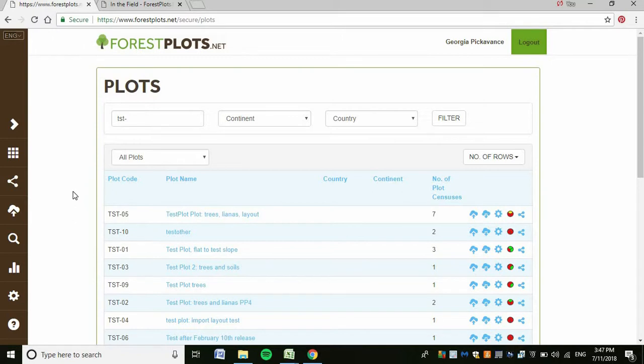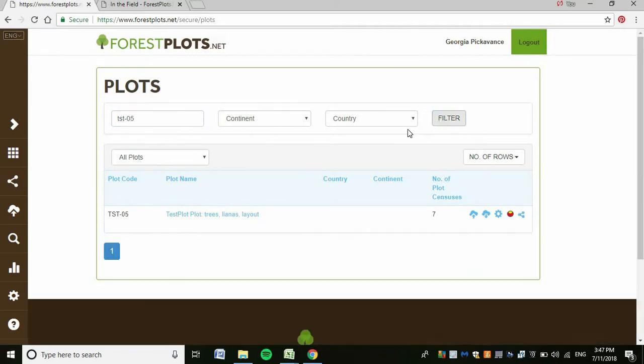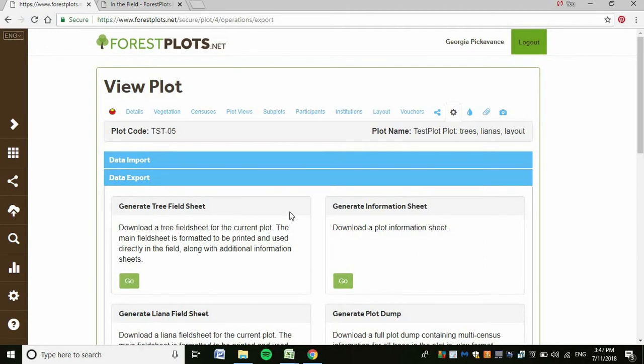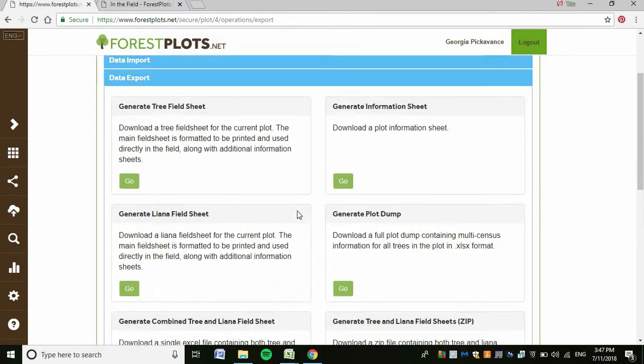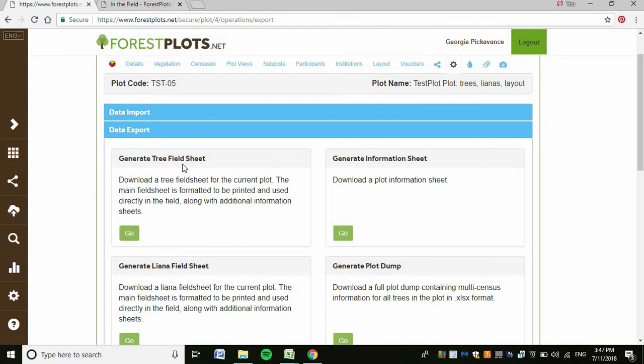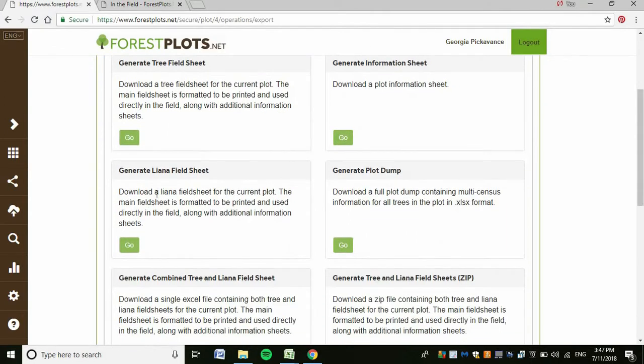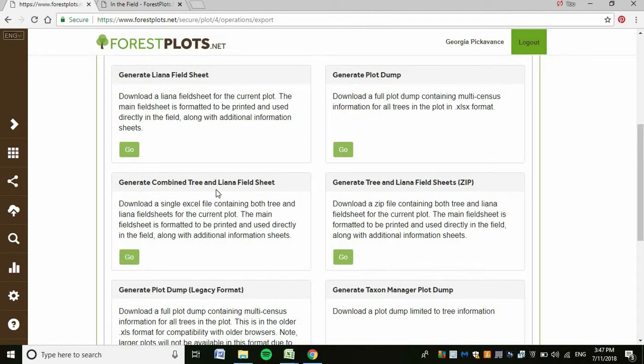But for plots that are being remeasured, that are already in forestplots.net, look for them in your My Plots list, and then go to Data Export for the plot. Here you can see there's lots of options for downloading data. There's Generate Tree Field Sheet, Generate Liana Field Sheet, Generate Combined Tree and Liana Field Sheet. So if your plot contains both trees and lianas, we recommend using this combined format. So click Go,